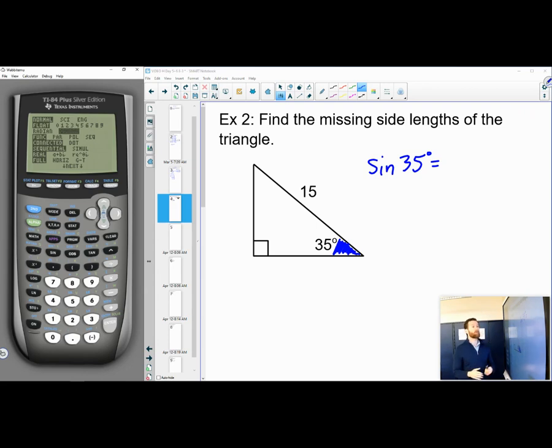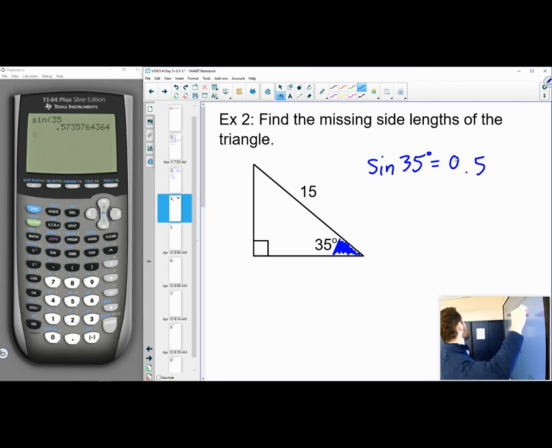So make sure you're in degree mode, whether you're on an 84 calculator or a calculator on your phone or a scientific calculator. Now I'm just going to hit second quit to get out of this. And now I can type in sine 35 and it gives us the decimal. It's not as nice as just 1 over 3, but essentially it tells us what it is. So now that we know sine of 35 degrees is 0.5735, or rounded, 36,